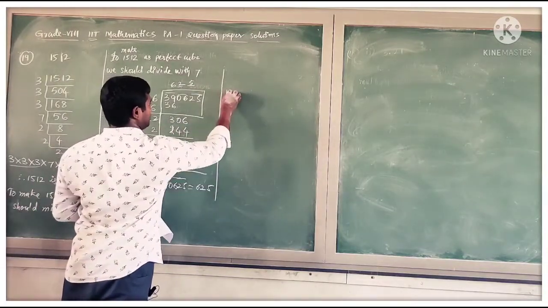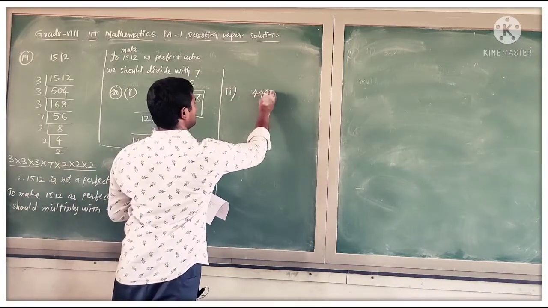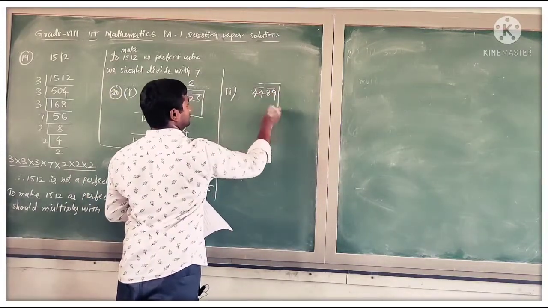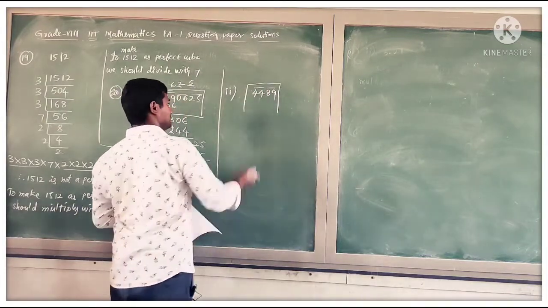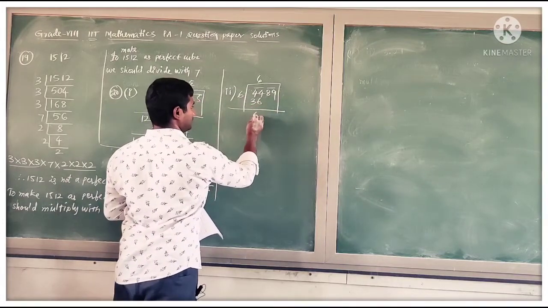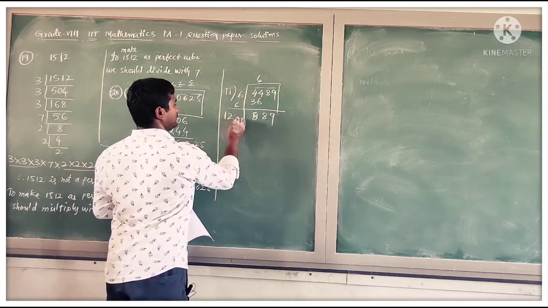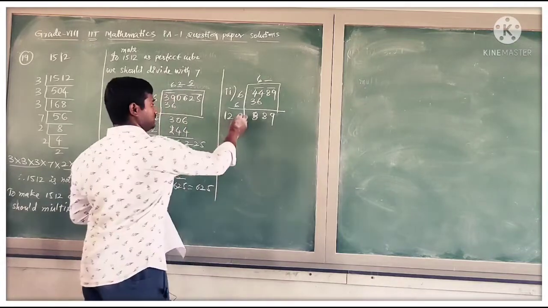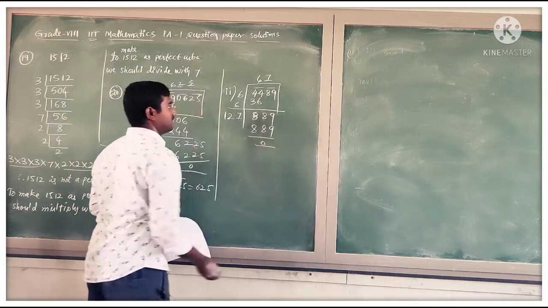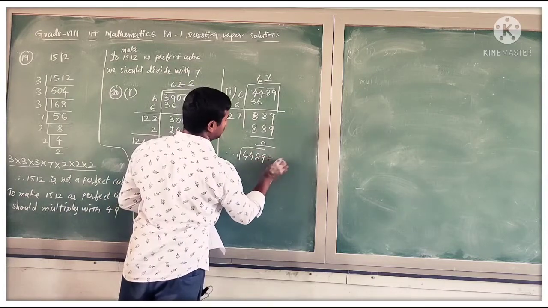Okay, next Roman. In this next Roman they have given, find the square root of 4,489. For this also the same method we need to use, the division method. Make bars, and the nearest square to 44 is 36. 6 6s are 36, and bring down 89, and this 6 we need to add, 6 plus 6, 12. Here 1 digit, here 1 digit. 7 into 7 it becomes 889 only will come. So therefore we can write, the square root of 4,489 is equal to 67.